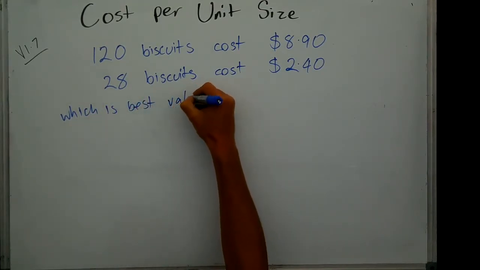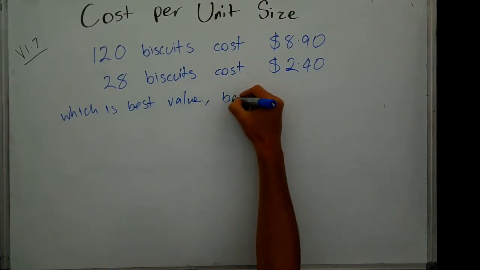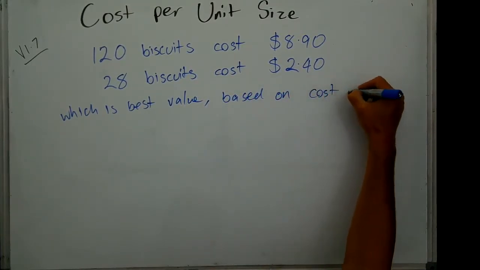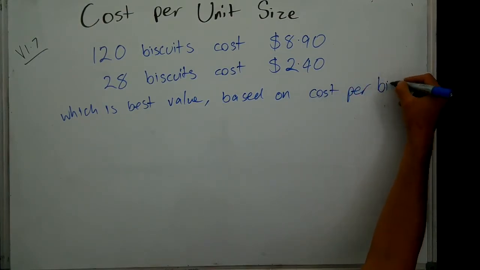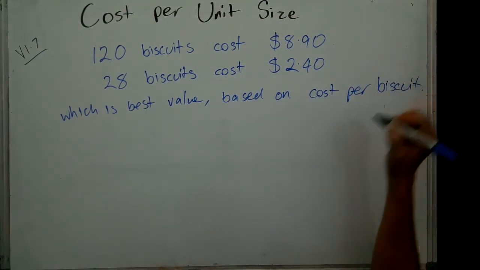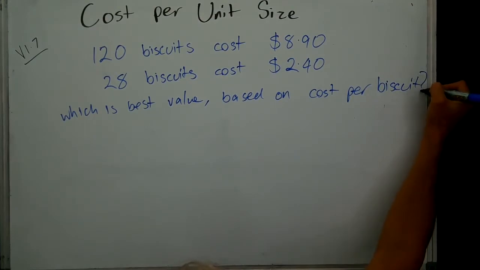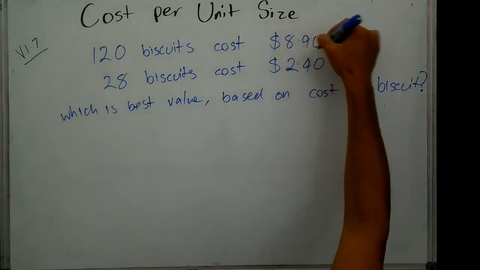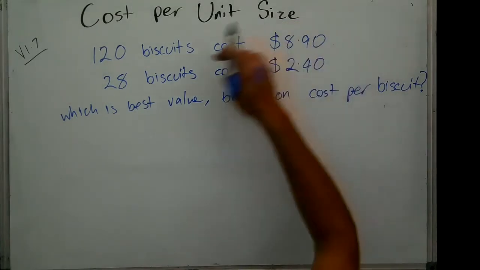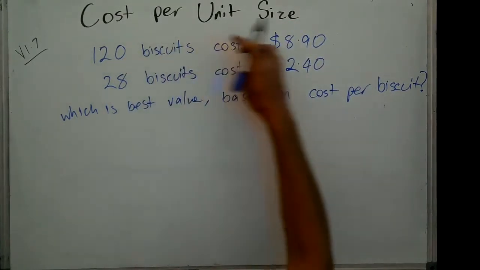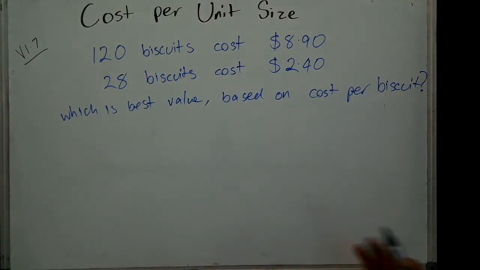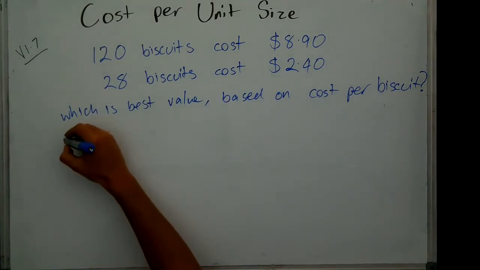Best value based on cost per biscuit. Okay, so this is easy. We're going to take the cost of the big packet and divide it by 120, the cost of the small packet and divide it by 28 to give us a cost per biscuit. So, do the first one,